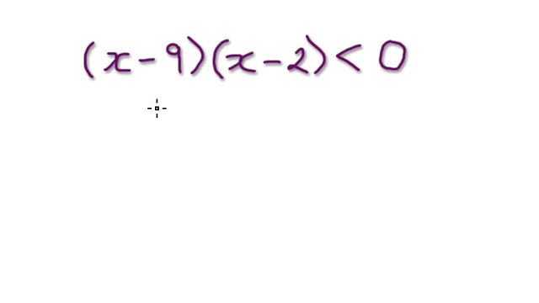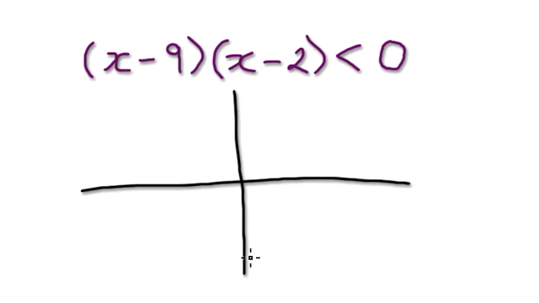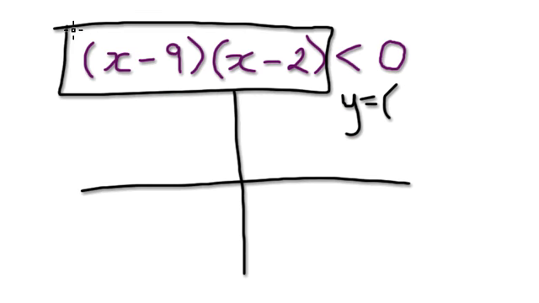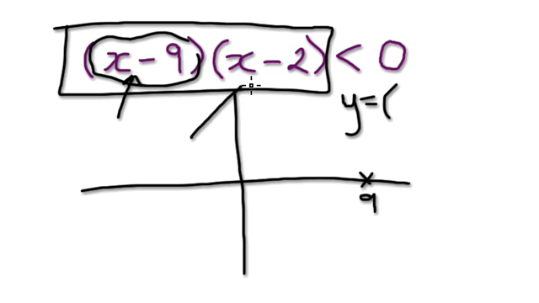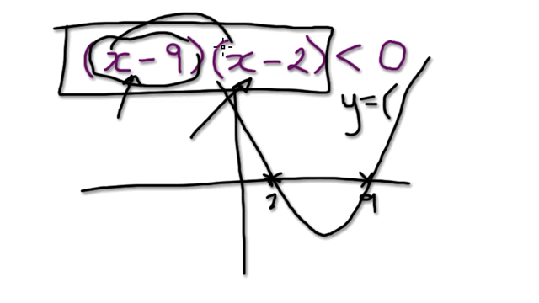So roughly, to sketch this, you could try and plot a graph of y equals this thing here. If you put positive 9 into this bracket, then the whole thing would be 0. So this will have one root being 9, and another one being positive 2, so you've got a graph looking like this. Roughly you can just sketch it like this, or you could multiply out the whole thing,